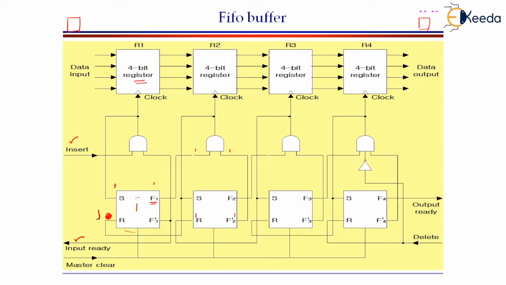When the reset input is equal to 1, the set input will be equal to 0, which means that this flip-flop is equal to 0. When this flip-flop is equal to 0, the data within this register is considered to be not valid at all. That means that this register is completely empty. Now similarly, as the value within this register is available right now, we should make a transfer to the next register.